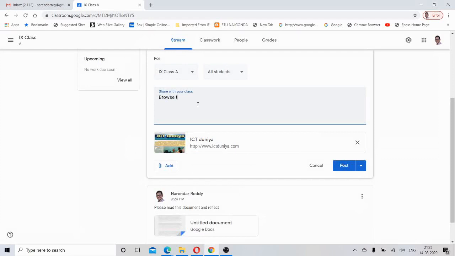Browse the website and know about some ICT tools which are useful for language classroom.